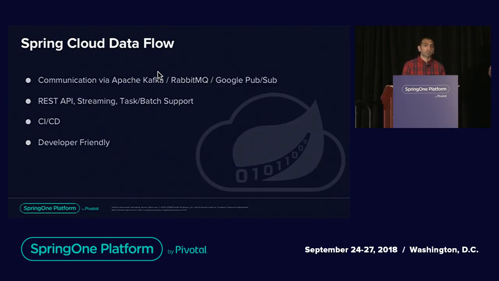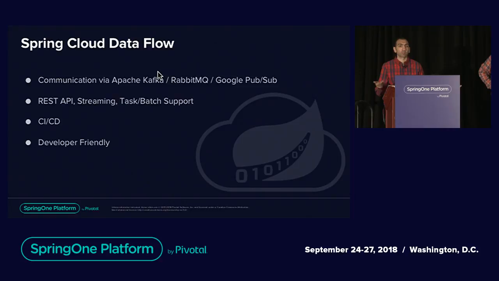So from past and current experience, Spring Cloud Dataflow worked well for data flow processing. And what is Spring Cloud Dataflow? It's a cloud-native data framework which helps you to orchestrate your data pipelines. So basically, it's a chain of small Spring Boot applications which are built using the Spring Cloud Task and Spring Cloud Stream frameworks. And as messaging middleware, you can use something like Apache Kafka, or you can use RabbitMQ, or you can use Google PubSub.